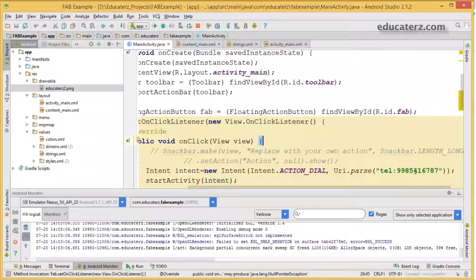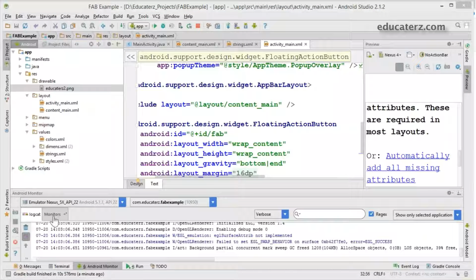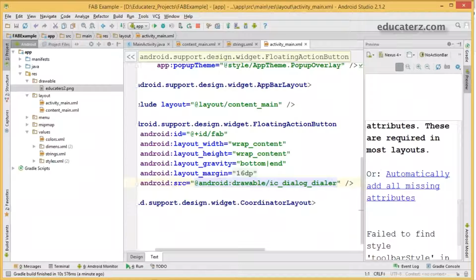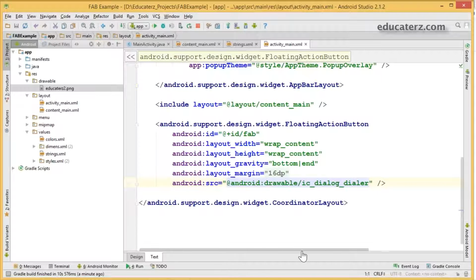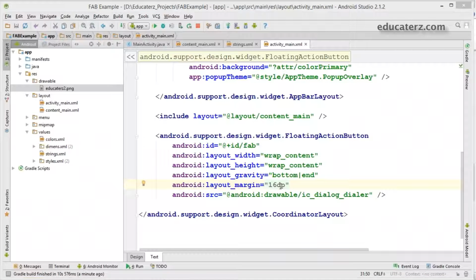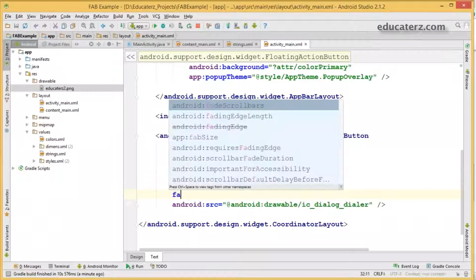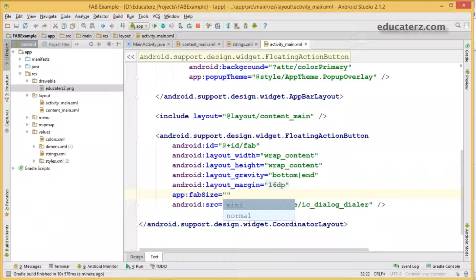Now I would like to change the size of the floating action button. Go to your activity underscore main.xml file. Now change the floating action button size, like app:fabSize, and there are two options, normal and mini.